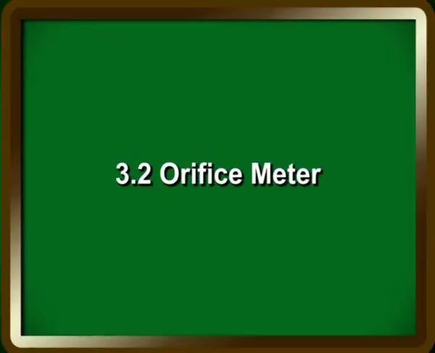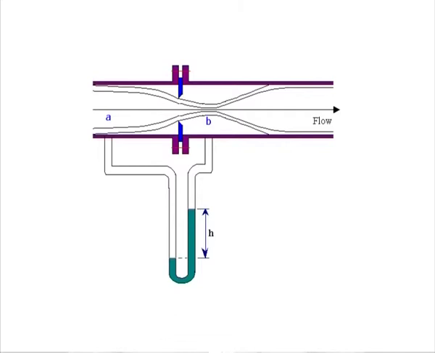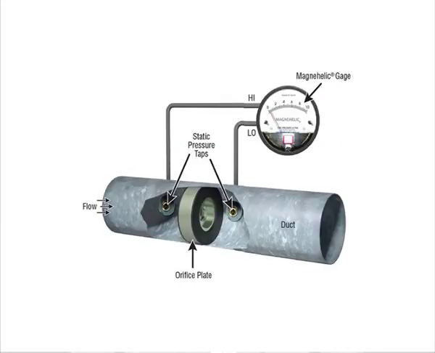Section 3.2, Orifice meter. By introducing a restriction of known dimensions into flow within a pipe or tube, we can use the relationship between pressure across the restriction and velocity through the restriction to measure the fluid flow rate. An orifice meter is a ring introduced into a pipe or tube that reduces the cross-sectional area of the tube by a known amount. By attaching pressure taps or transducers at locations upstream and downstream from the orifice, the pressure